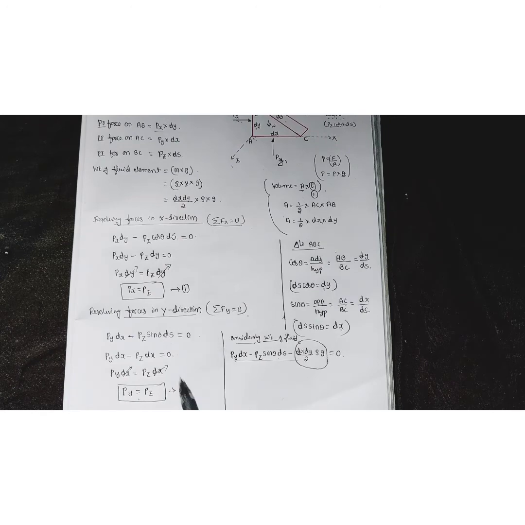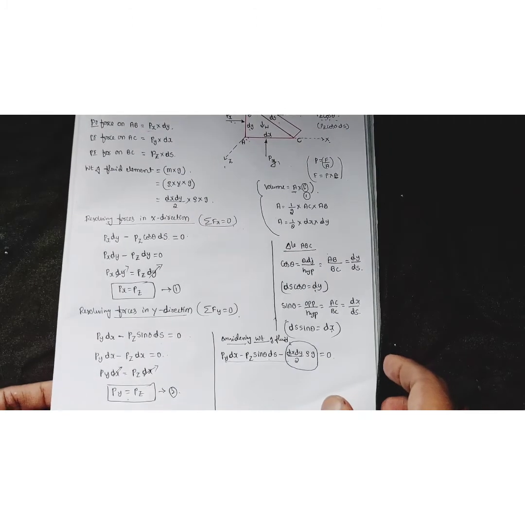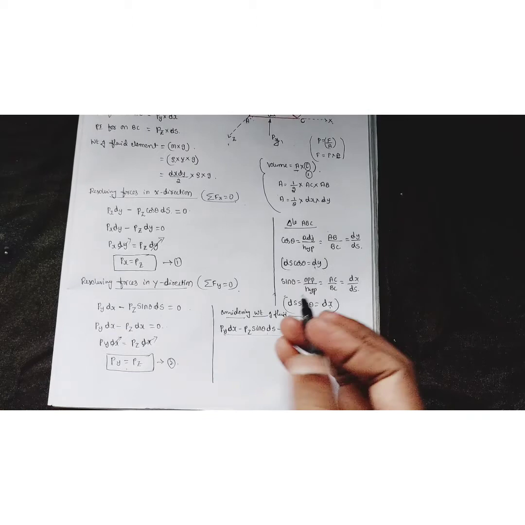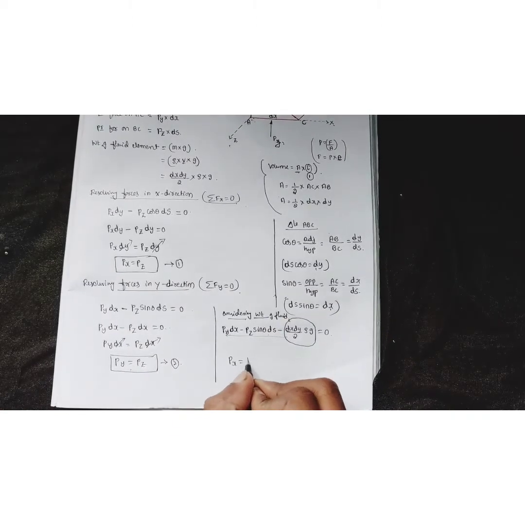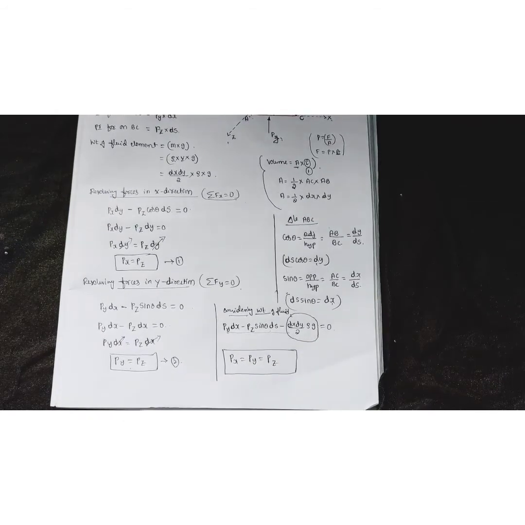So by seeing these 1 and 2, we can say that the pressure intensity which is acting in the x direction, y direction and z direction are all the same, hence we can write Px is equal to Py is equal to Pz. This is the final expression we can write for Pascal's law. This is how we prove Pascal's law, and it states that the intensity of the pressure acting at a particular point in a static fluid is equal in all directions. So this is about Pascal's law.